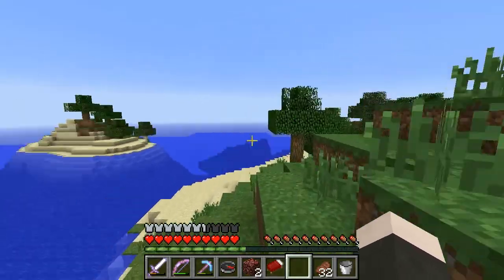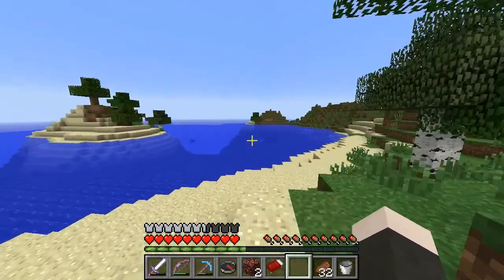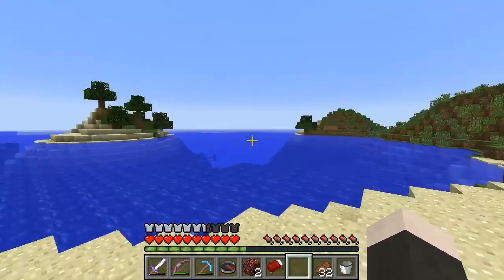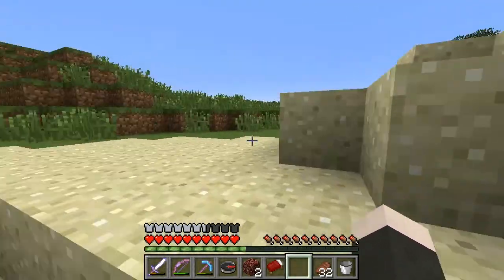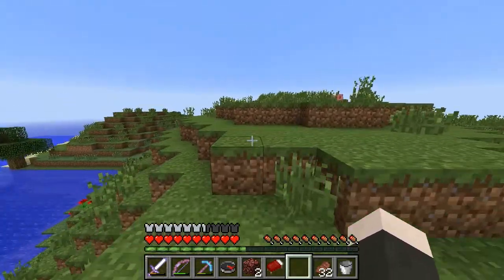I don't even know. That's kind of a cool little island out there, though. That's like a desert island right there. If there was nothing else around for miles, I would totally turn that island into a survival map. But there's probably already plenty of those desert island survivals, just like Cube,